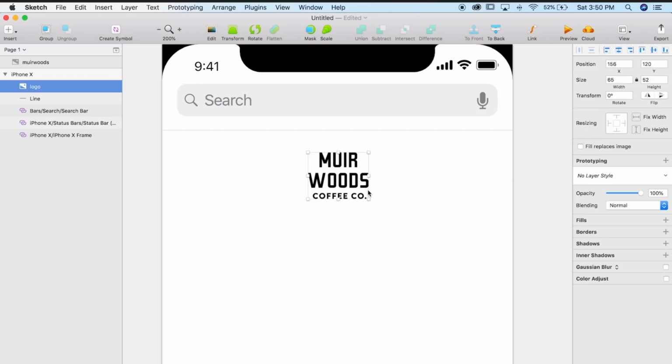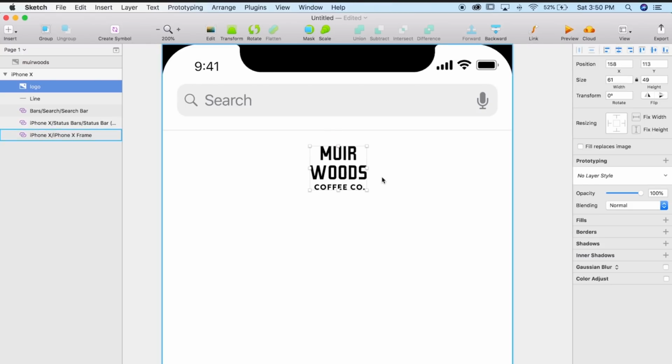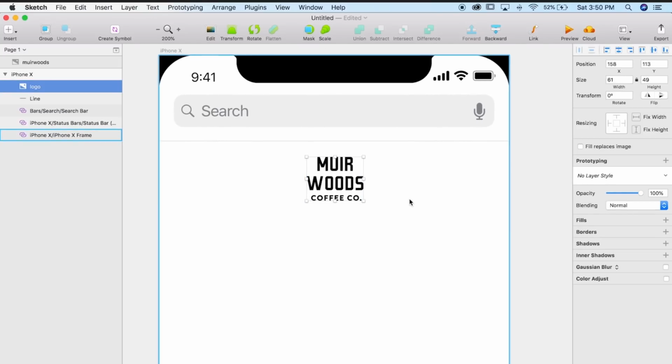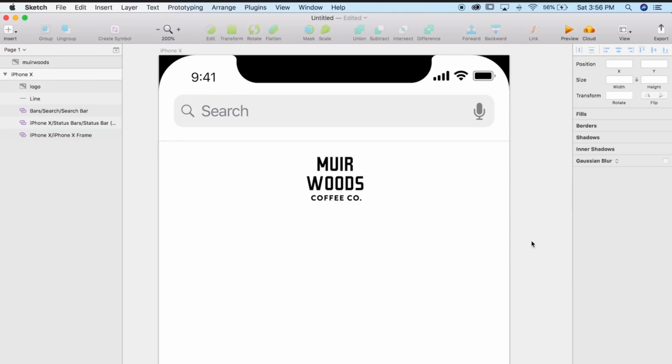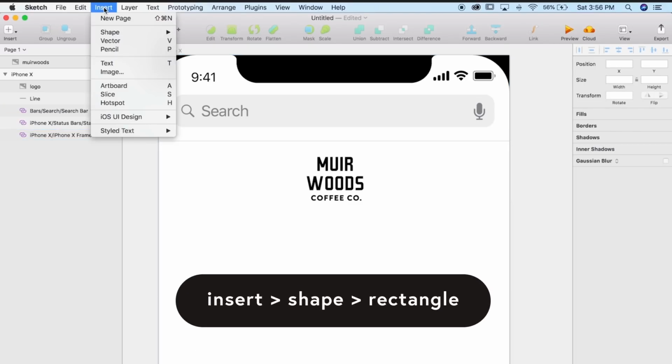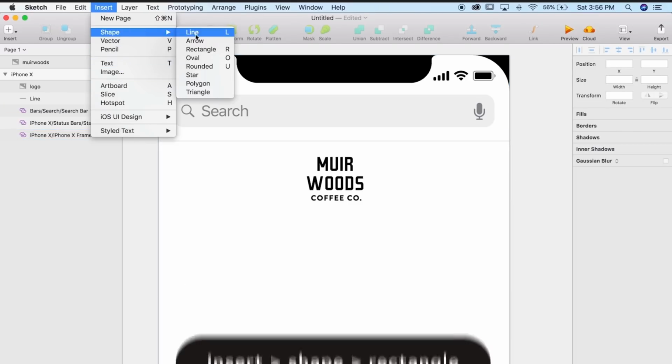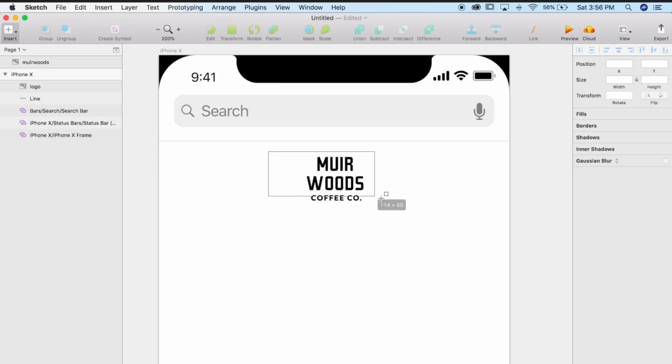I want a header on my mobile site to be centered here. I laid out my product to be very centered in the actual packaging, so I feel like there'd be good continuity if I kept everything centered for the most part on this design. So now that we've got our logo in here, I want to make a tag, a rectangle container that it can sit in, as a branding element that I think will look cool. So if we go to Insert Shape, let's go to Rectangle, and draw a rough rectangle in here.